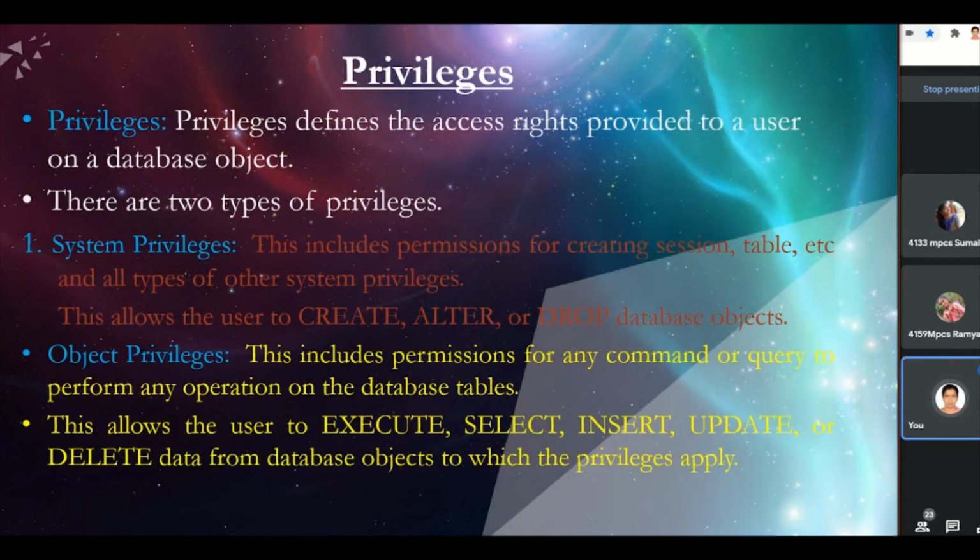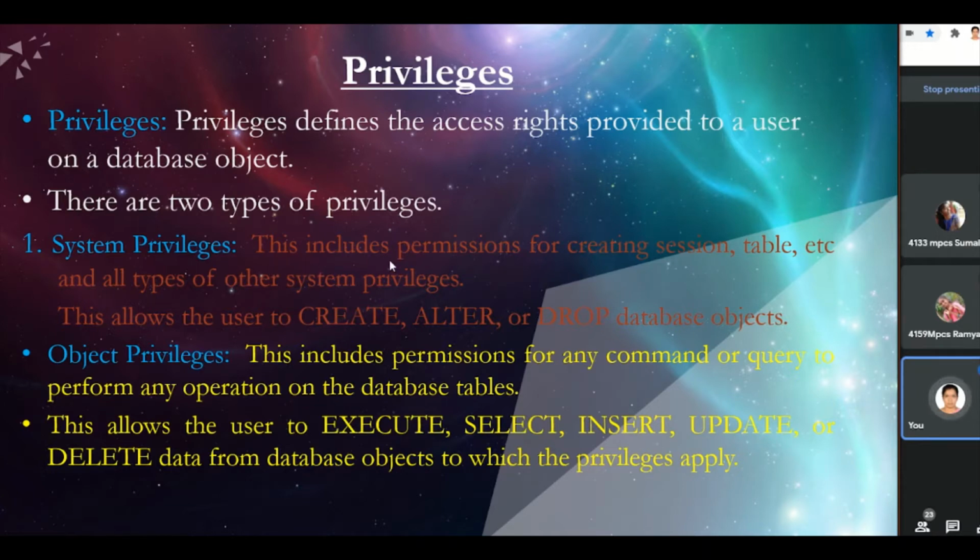Okay, what is a privilege? Privilege means the access rights provided to a user on a database object. Okay, the access rights provided to the user on the database are called privileges. There are two types of privileges: system privileges and object privileges.